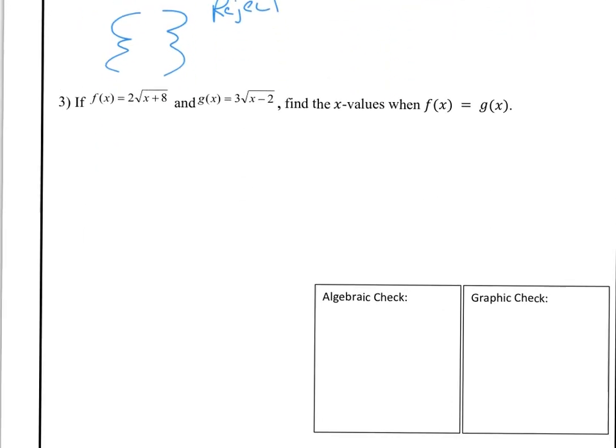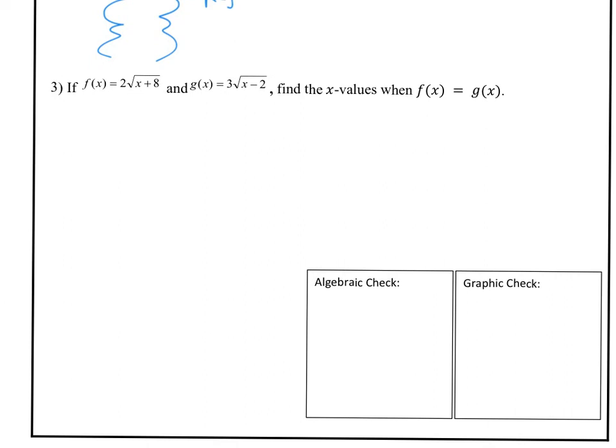Moving on. Question 3. All right, so I would like to know when f of x is going to be equaling g of x. Okay, so set them equal to each other and let's get solving. So 2 square root of x plus 8 equals 3 square root of x minus 2. So it's kind of impossible here to get the